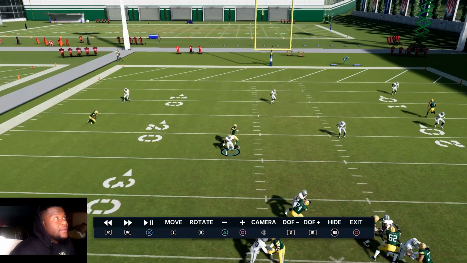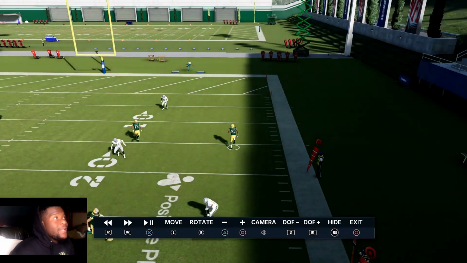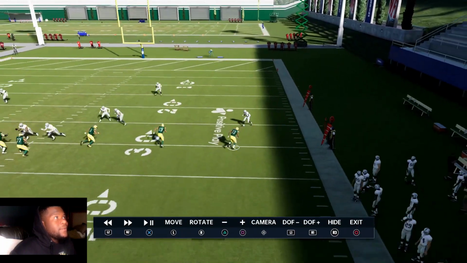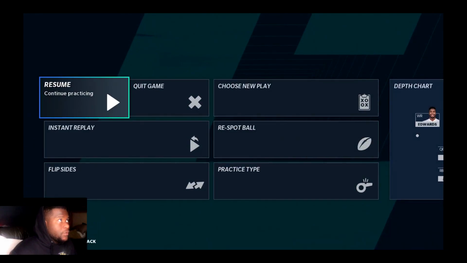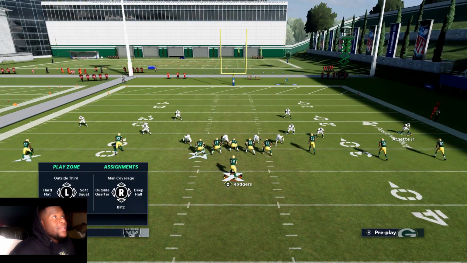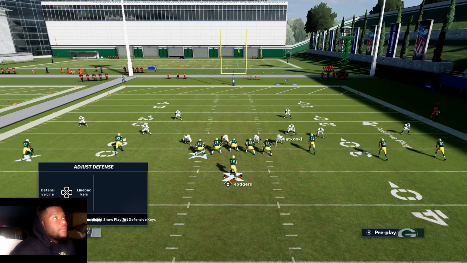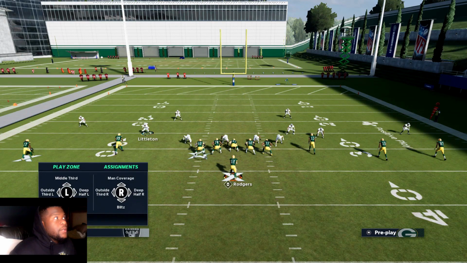Now I'm going to go back and play this square route. Really, the only thing open is this circle route. It's because I'm playing the cover 2. He gets behind the cover 2, and that's that. Like, he didn't even react. I can put this guy in a soft. If you just want to stick with the cover 2, I'll put him in a soft, and just again keep everything the same. Put him in a